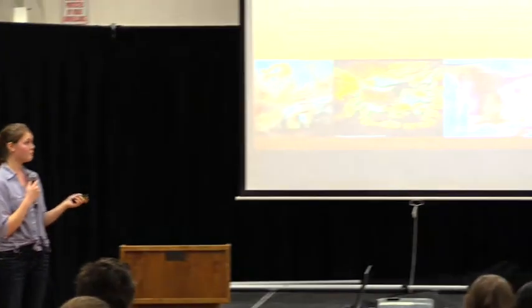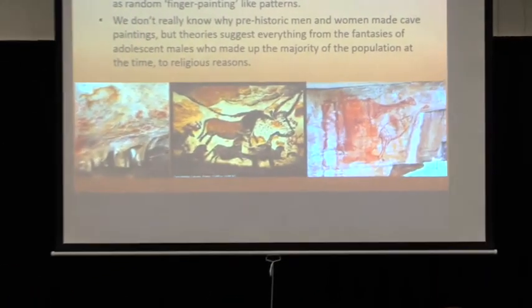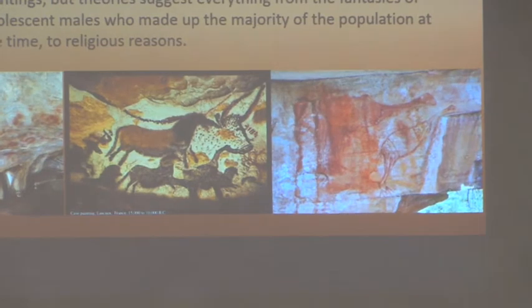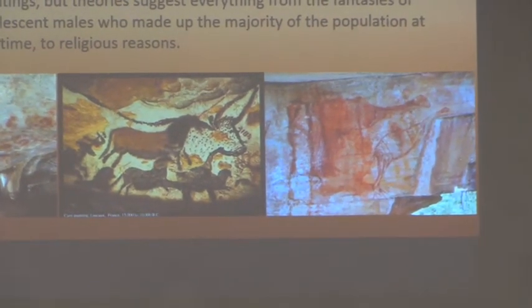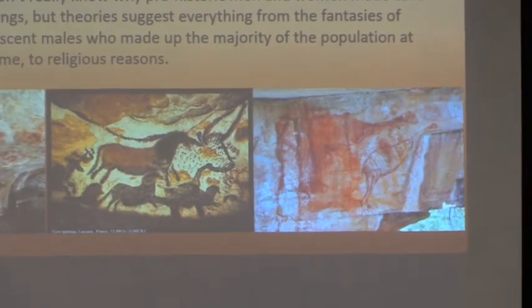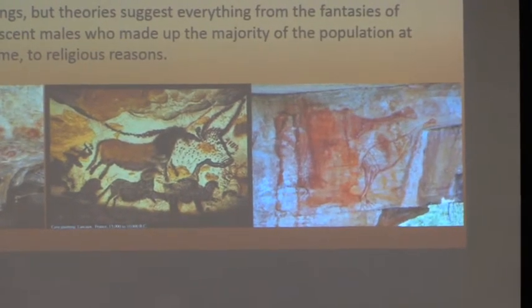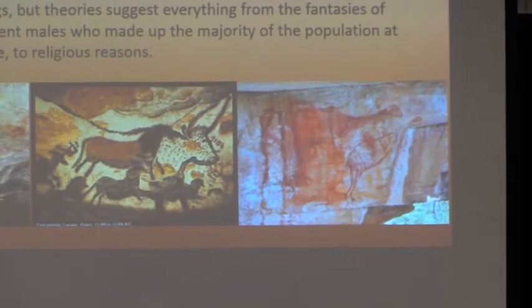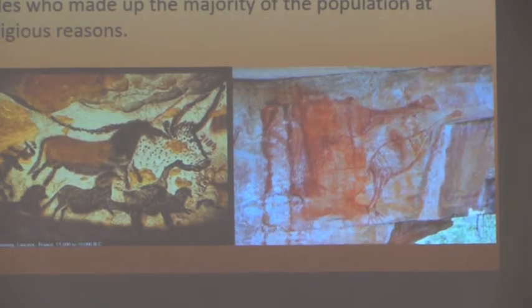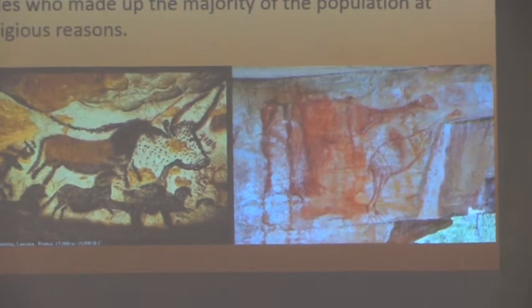And they can really give us an insight into what life was like back then and what kind of animals they would have encountered. These ones down here, is my pointer working? There it is. These ones down here are actually very interesting. Those are controversial because we thought we knew how old they were, but they actually depict a species of animal, kind of like an ostrich, I think, that had been extinct for thousands of years before these paintings were actually made. So we don't know if maybe they found fossils or if they're a lot older than we think they are.